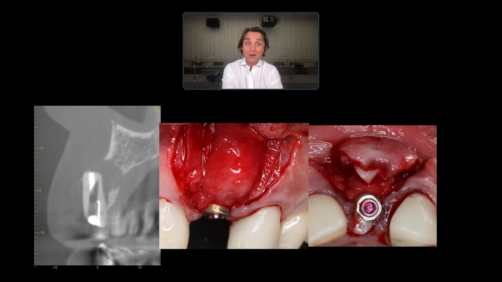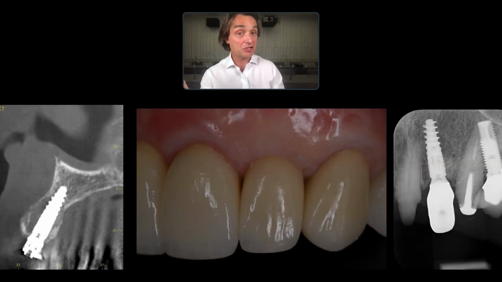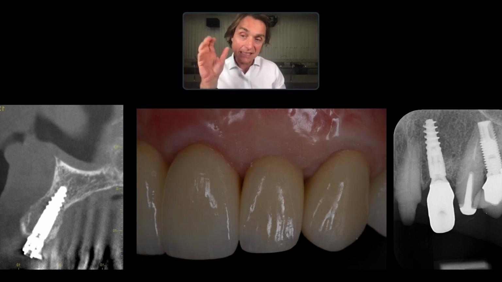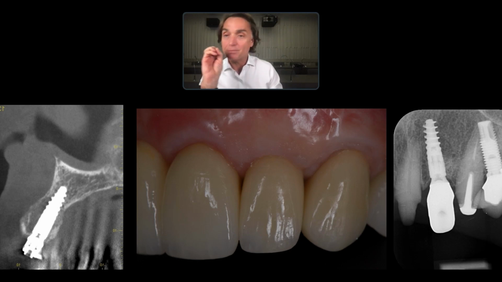Now we had obviously teeth which have no buccal bone, no palatal bone, like this tooth. And then everything was flapless. So yes, you can potentially do this flapless, but what if you make a flap? Then you make 2 vertical incisions in the middle, which in the aesthetic zone is maybe not the best idea to do. However, for the papilla, it should be pretty much not bad. As you can see here, we were able to reconstruct the buccal bone, the palatal bone, place the implant, and